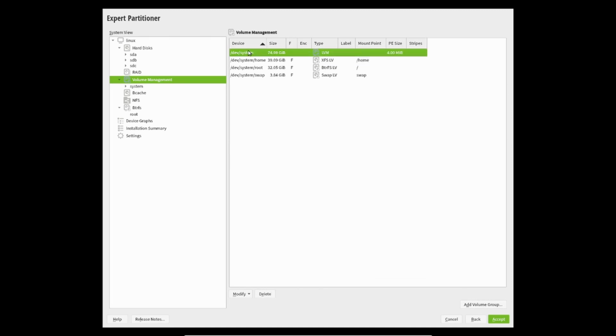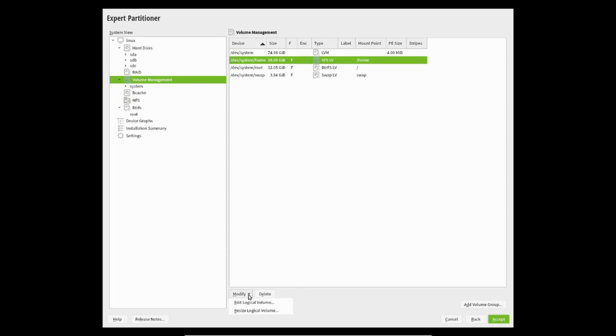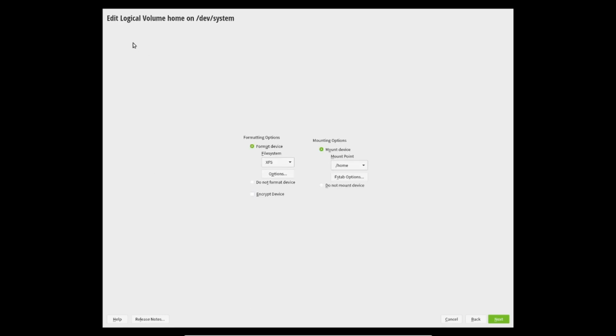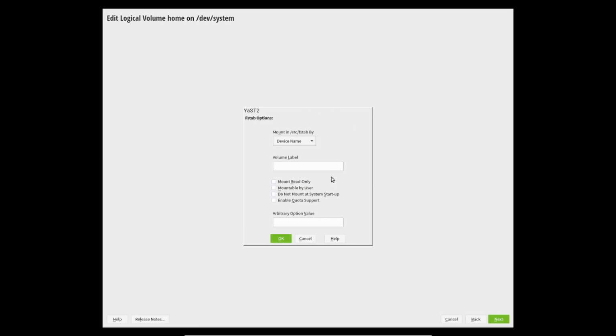and yes, here the logical volumes. But I will change this one now to 10 gigabytes. I click on this one, and here we have the options to change the file system or the mount point, the Xfce tab. We can create a volume label and select these options here,